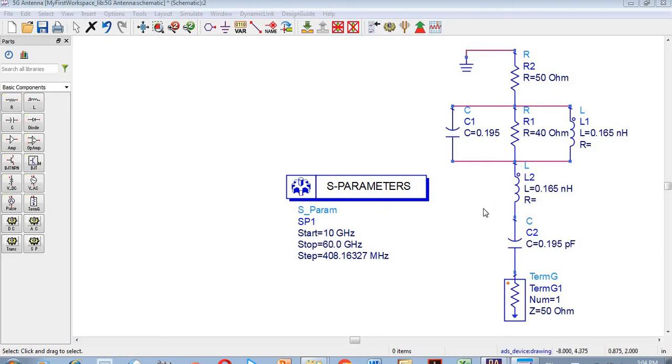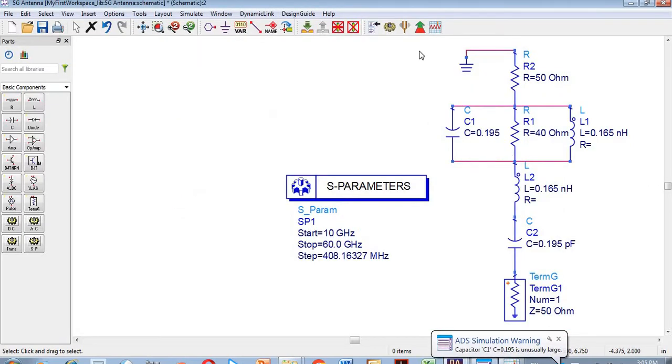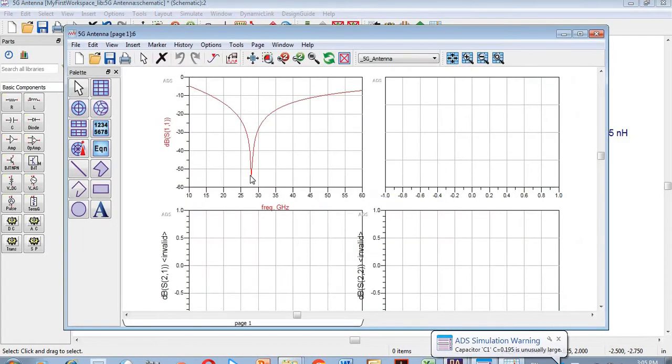In the previous video I have shown you how to design a 2x1 MIMO antenna. Now in this tutorial I will show you another technique to design a 2x1 antenna with the help of a single individual element. So if you see here, this is a single element antenna which resonates at almost 28 gigahertz,